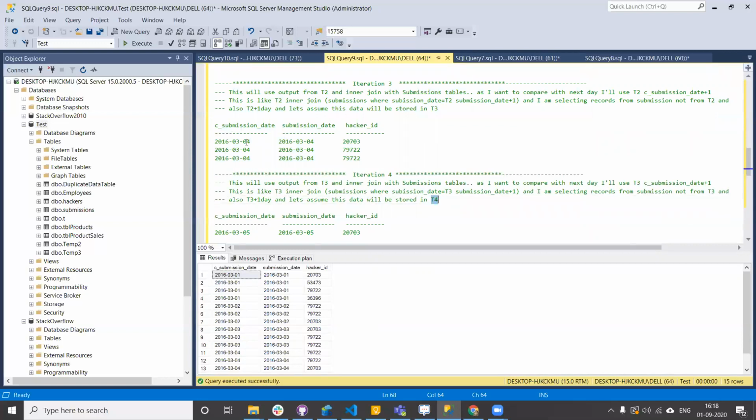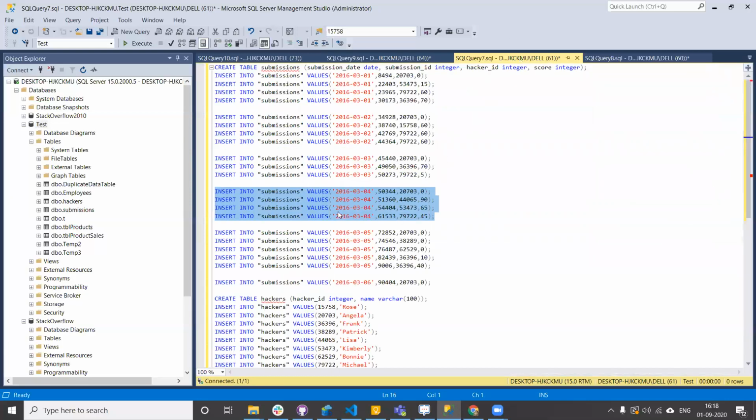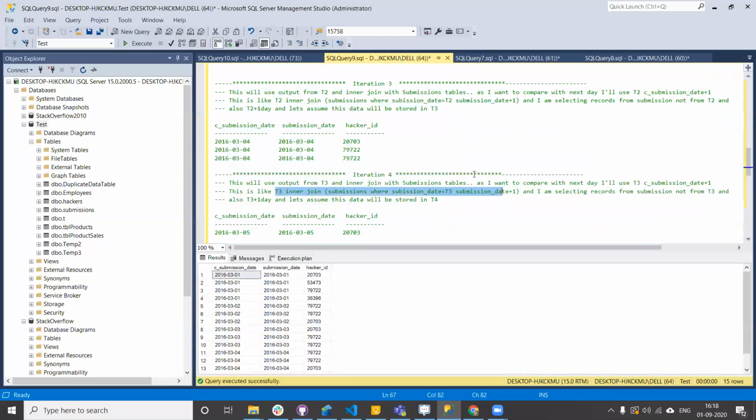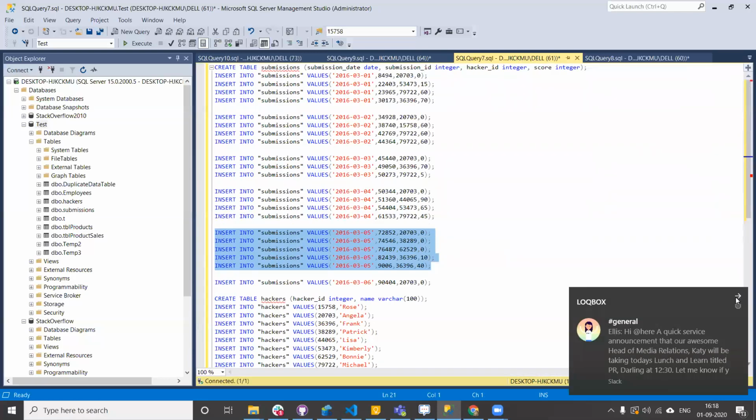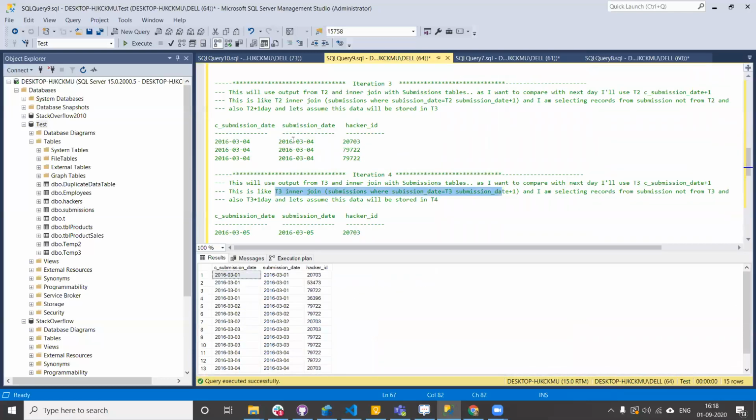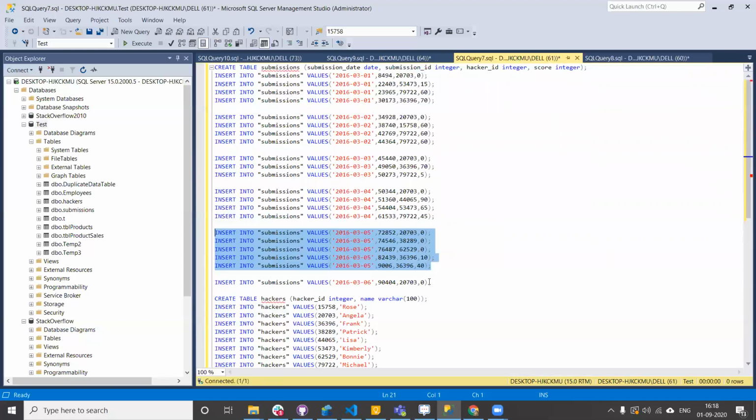So for T4, we are doing an inner join with T3, where T3 date plus 1 is nothing but 05. So we are doing a join between T3 inner join submissions, where submission date equals T3 submission date plus 1. T3 submission date plus 1 is nothing but 05. So this is my data, and I'm joining between this data and then this data.